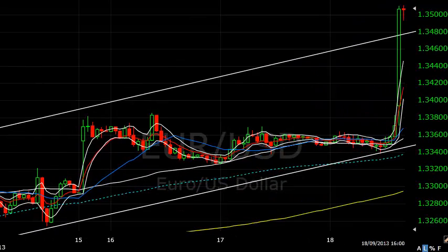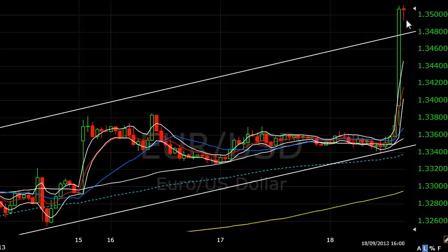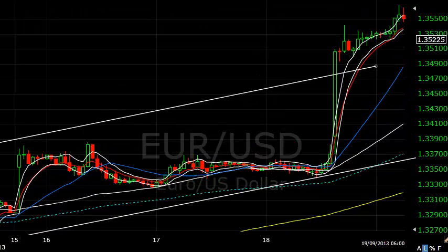You must remember that when the markets move up like this, it always looks obvious: why would you be shorting it? But you can bet your bottom dollar there were people, and I've just demonstrated by showing you the order book, that there were people all around the world trying to short this. And we even had someone come into our trading room who just announced right up at 135, just below 135 at the top here, that he just shorted. And I just think, well, why do you want to go against the market which is roaring up with such huge momentum like that? So you have to be very careful of going against a steam train like that,